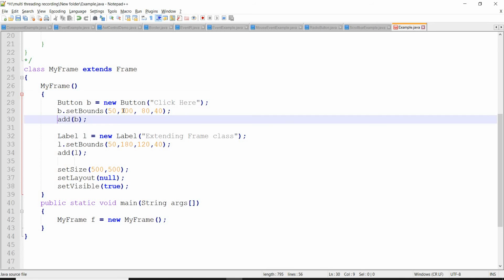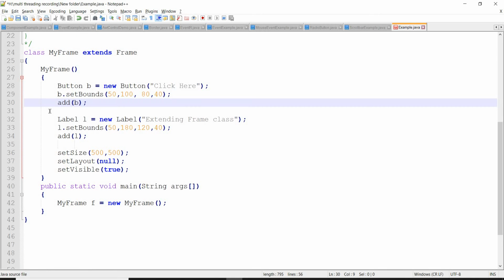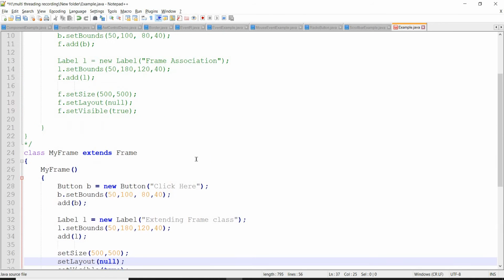Just this is the difference. Previously we created the frame object and added components. Now we are going to directly call the methods add of component, add of button, add of label, set size, set layout, set visible. We can follow either of these approaches.